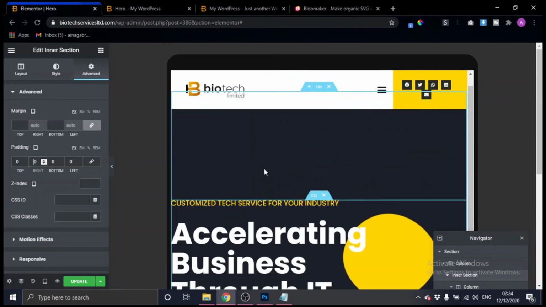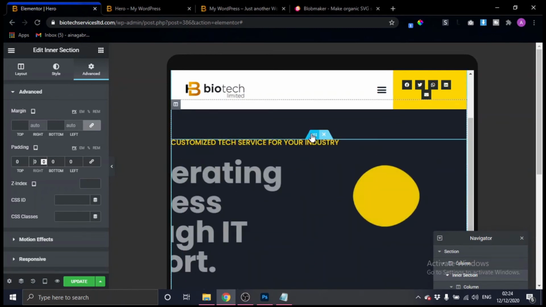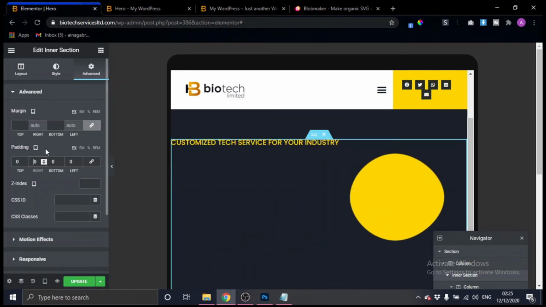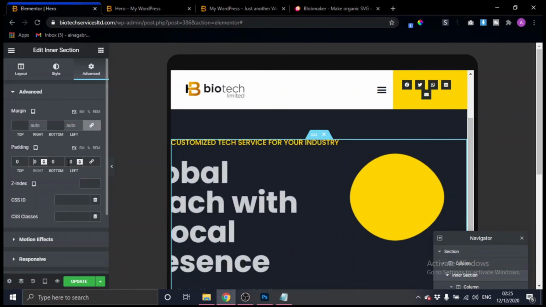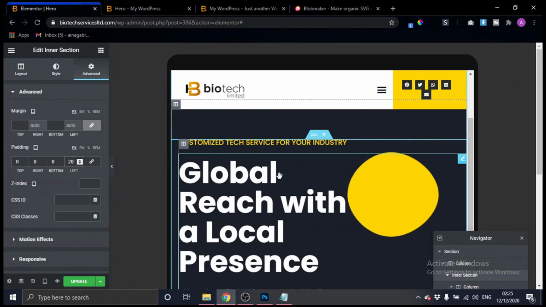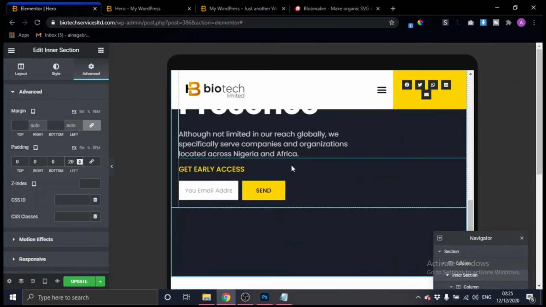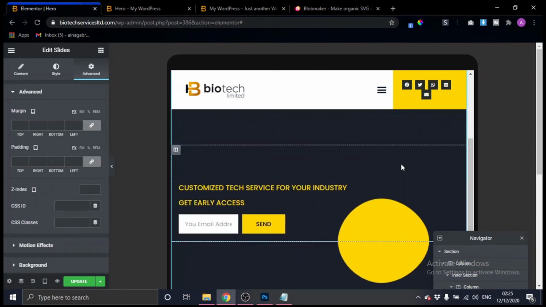Okay, let's see. All right, let's give it a left padding. Let's see, 20. Okay, 20 looks cool. And then we can drag in, sorry.